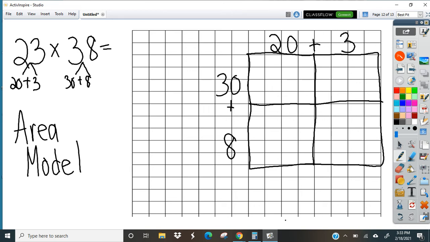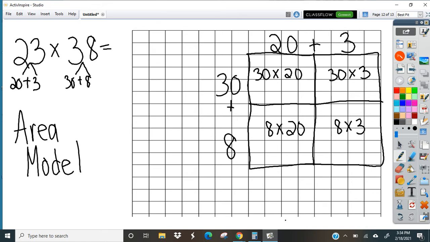And so then what they're going to do is multiply out these four numbers. So it would be 30 times 20, and then 30 times 3. And then the bottom would be 8 times 20, and then 8 times 3. The advantage of this over the old school method, as I like to call it, the one that I learned and many of my parents probably learned, is they can look at each of the problems individually according to place